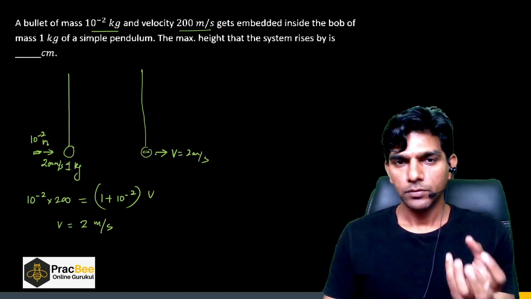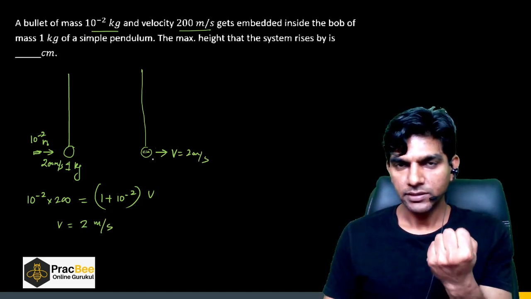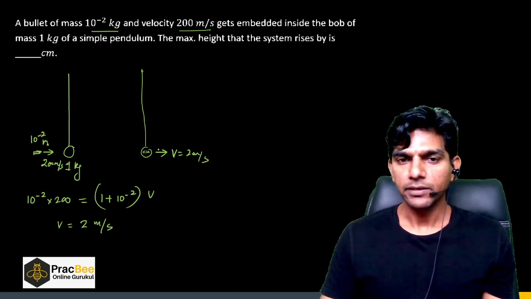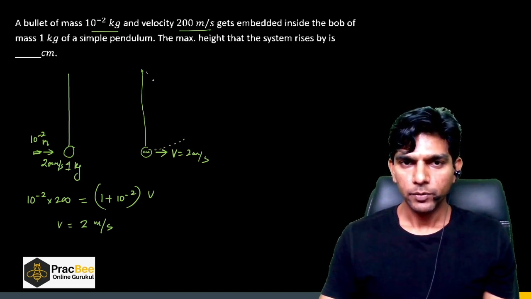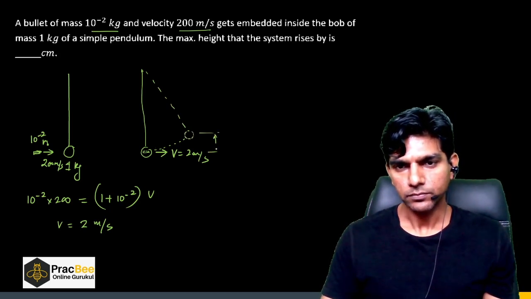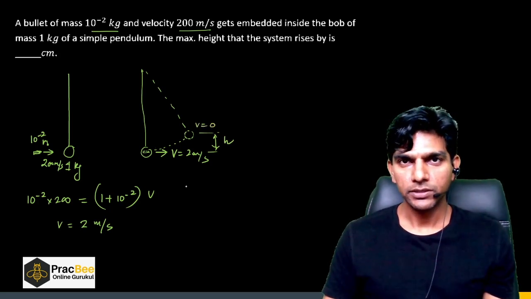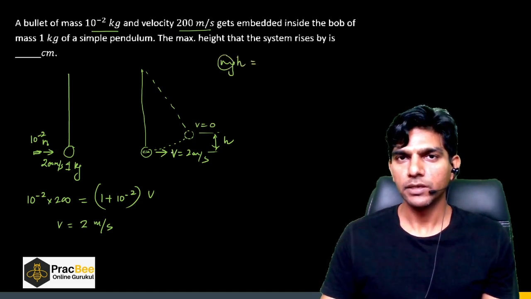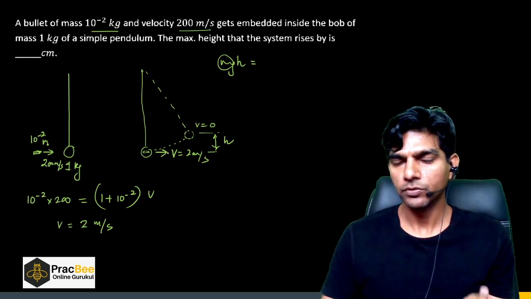Now the bob and the bullet as a unit, they will move up, right? So this kinetic energy which they have acquired will be converted into the gravitational potential energy. Let us say at this height, the velocity becomes 0. So if you apply energy conservation, we can say mgh, and here m will be the sum of the masses, and again I can ignore the mass of the bullet,